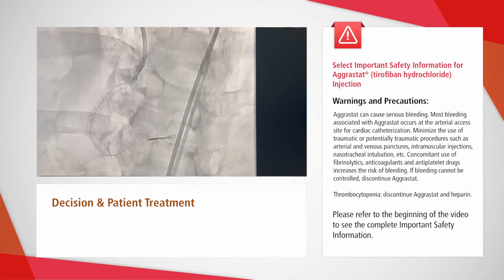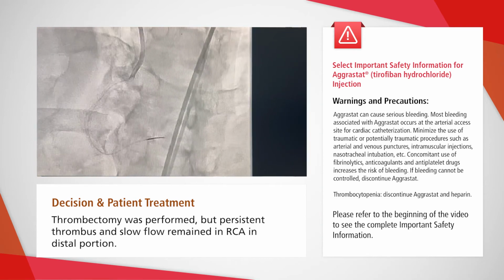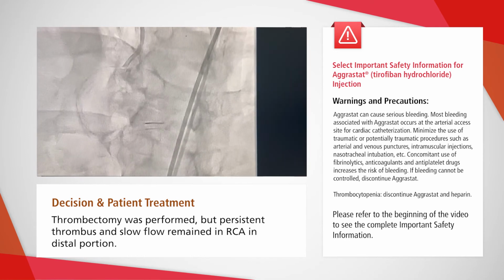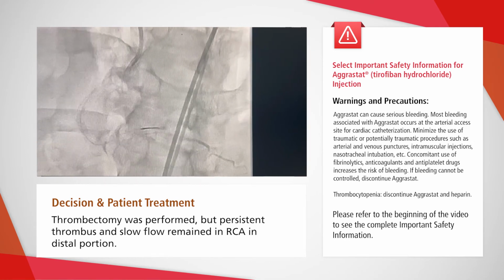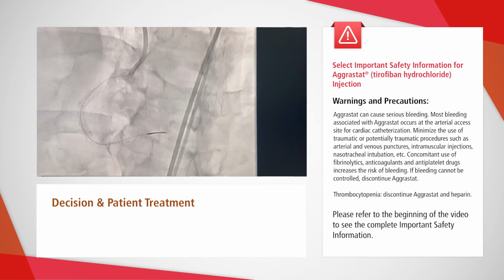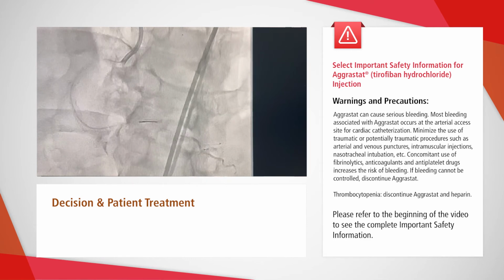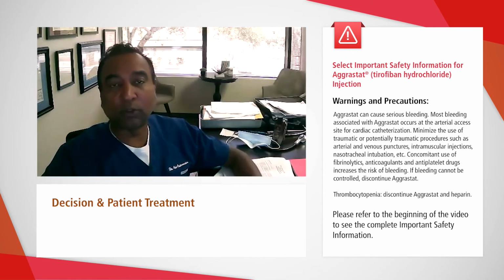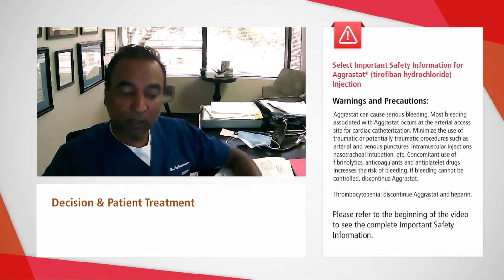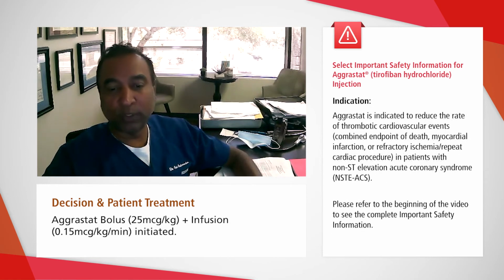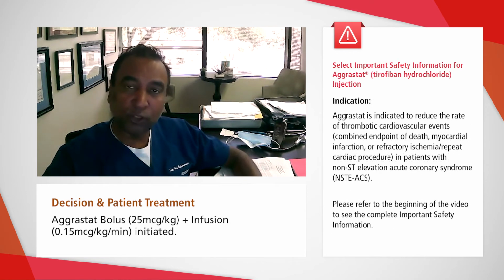Given the situation, we quickly decided to do a thrombectomy. So a Penumbra coronary device was advanced into the RCA, and mechanical aspiration thrombectomy was performed. But despite that, there was a persistent thrombus and slow flow in the right coronary artery in the distal portion. At this point, we decided that we should proceed with intravenous Aggrastat bolus and infusion to resolve this